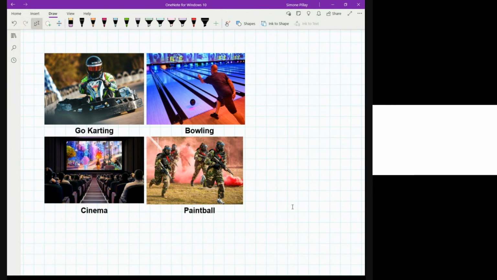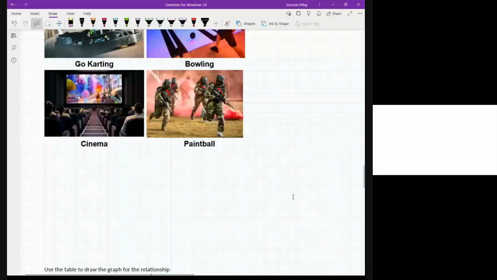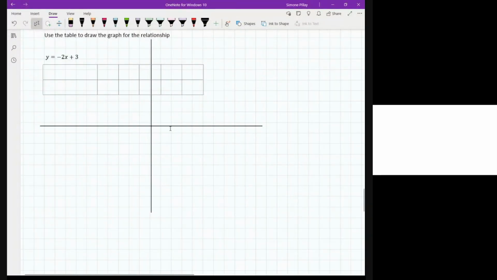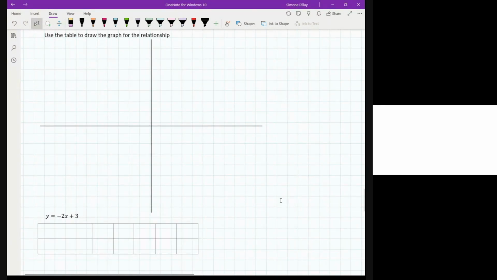That's crazy. Okay, anyways, guys, we have like 3 minutes to get back into maths. Let's see if we can finish one more. I don't know what the heck happened to my notes today, but I'm just gonna move this down. We're gonna finish up with this one. Let's use the table to draw the graph to represent